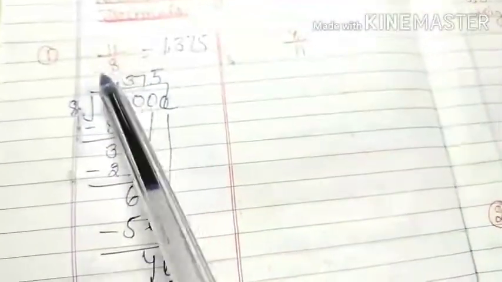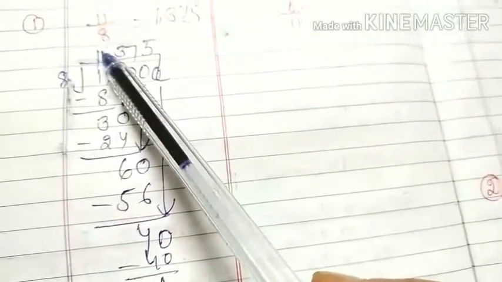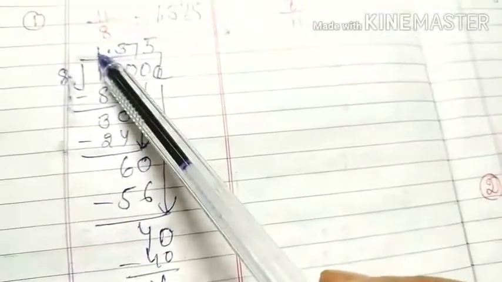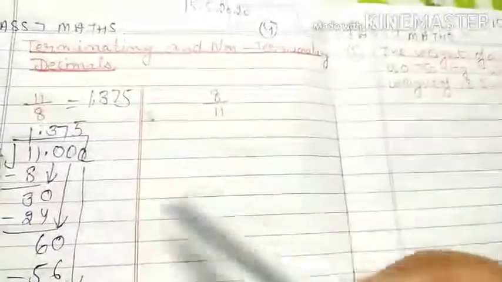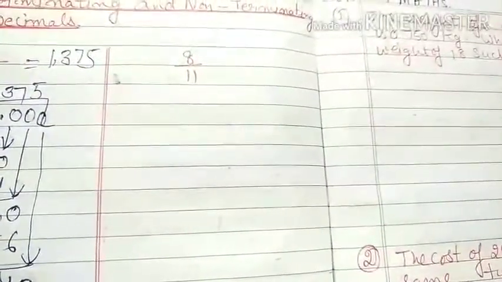Or we can check with this: if the denominator is a factor of either 2 or 5, we can easily say that the number is a terminating number. That is the identification of the number. Similarly, if I go with 8 by 11, now I take the reciprocal. I want to check what will be the answer in this.